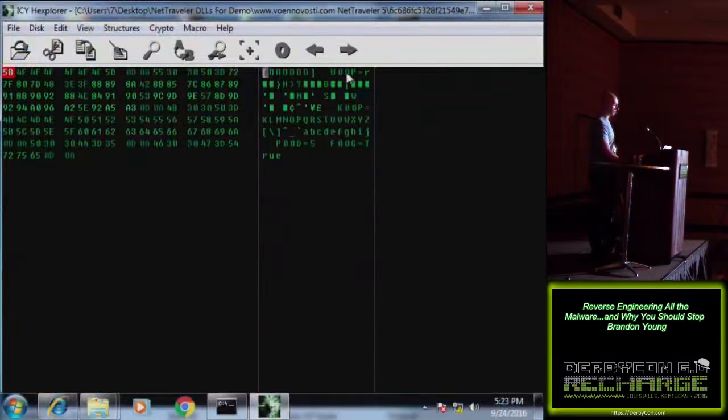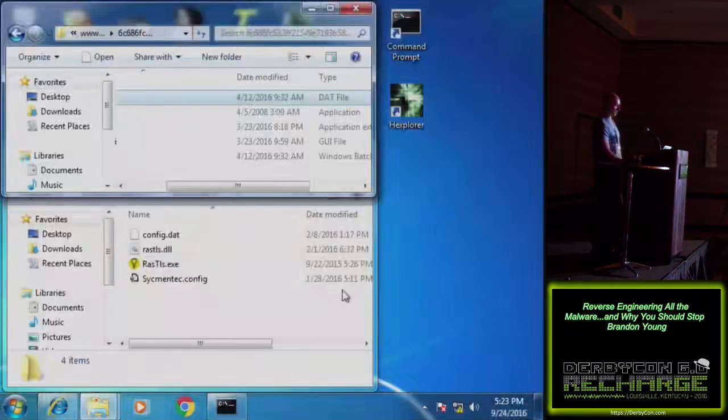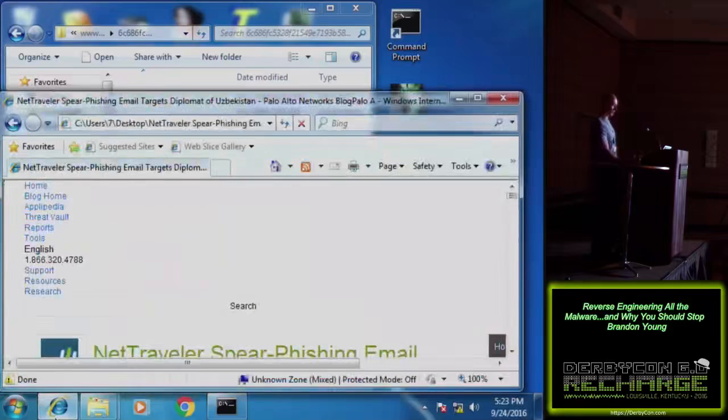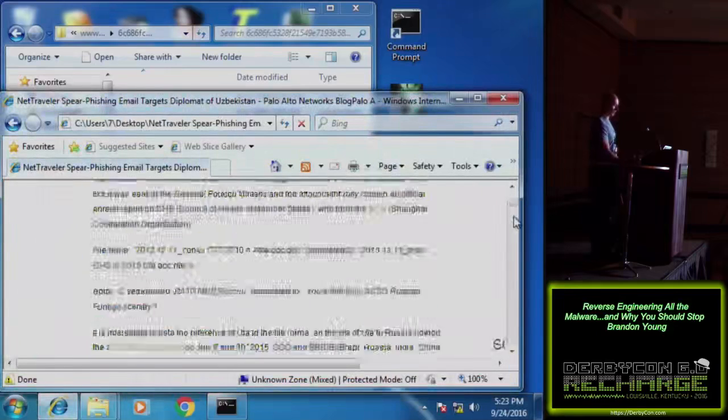The config.dat file, like I mentioned before, actually has the U00P field, which is the same encoded C2. And one of the other things I wanted to show is the blog that was actually written, and I don't really care about the contents. I mean, it's really good. I'd highly recommend everybody read it,